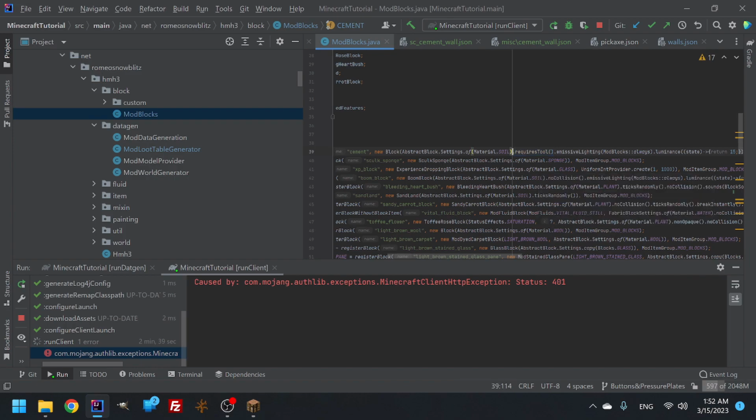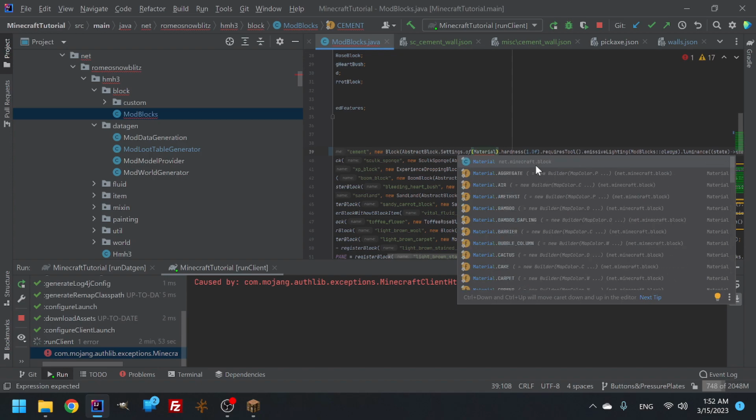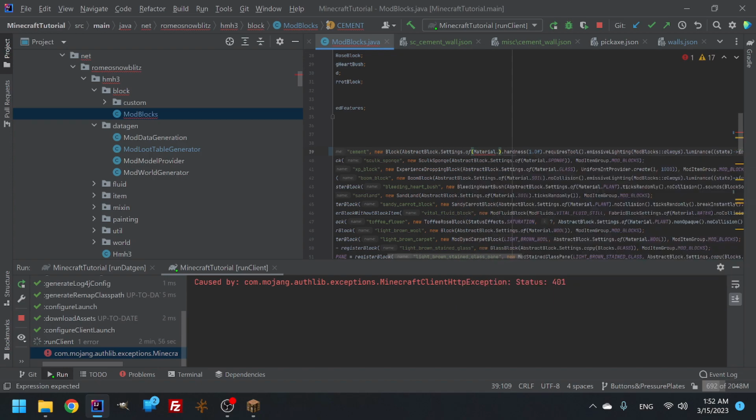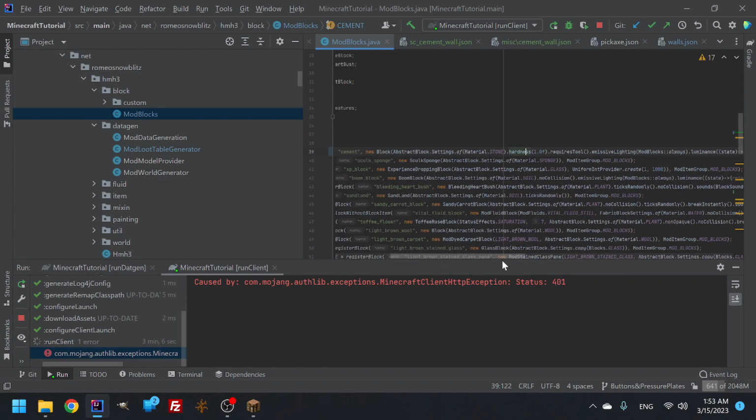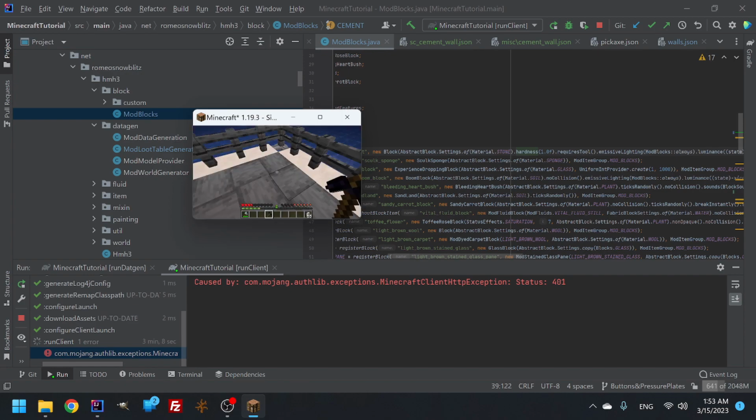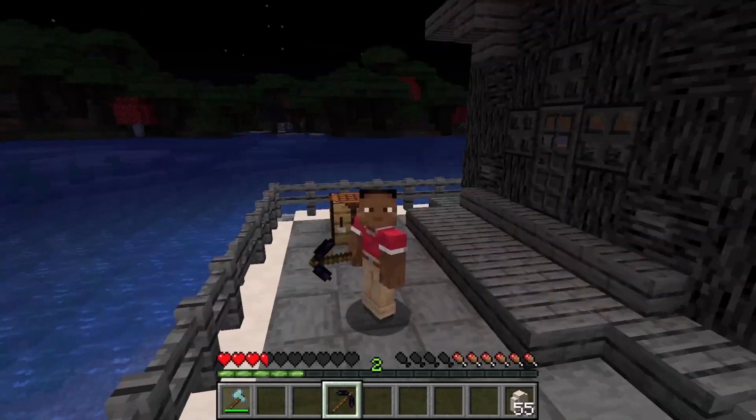If you want to add a hardness, you can simply do dot add a hardness, and then you can give it a float hardness. So if I said like 1.0f, that would be perfectly fine. And then here we could do material dot, and then like stone, so it'll probably be a little bit harder than stone, but that's probably a lot more reasonable than what it is at. But anyways, for now, that is going to be it for this video. So thank you guys so much for watching, and without further ado,